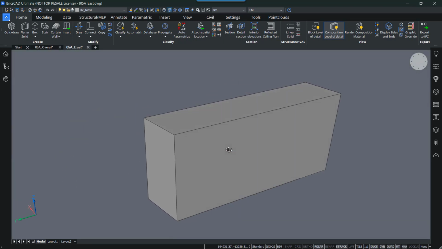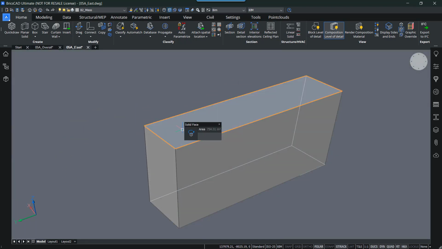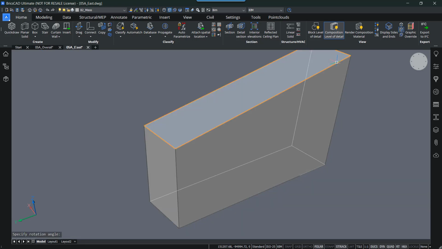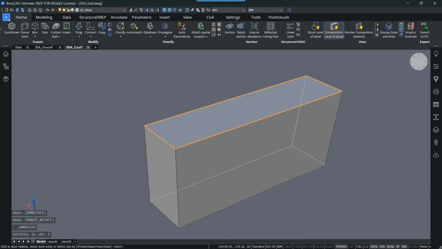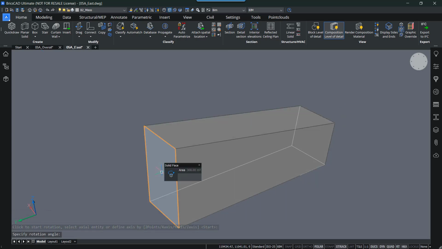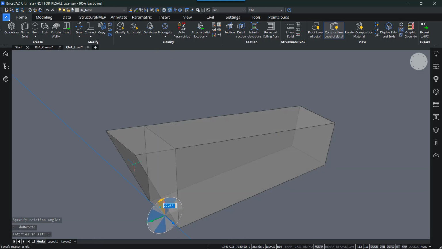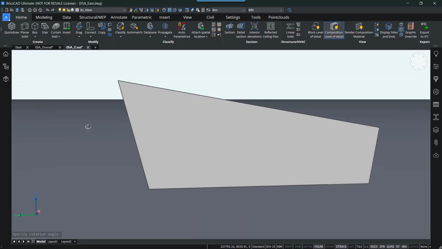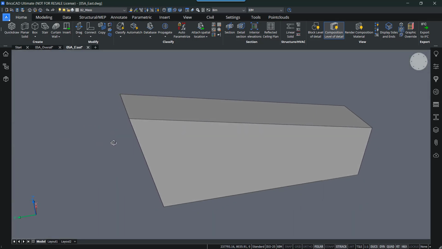Let's do it the same way for our top face and the other side. So hover over this solid face, click on rotate, select a certain axis, and then type in the degree angle that you want to change. And then lastly, maybe the other way around, so just instead of going up I should go down like this. And then lastly I can do this part as well at 15 degrees. So our building should look something like this.